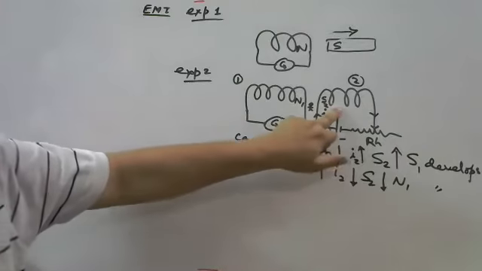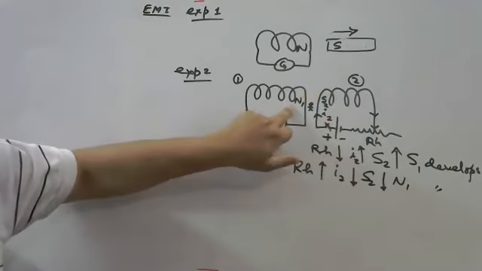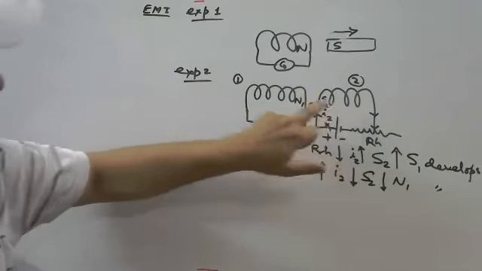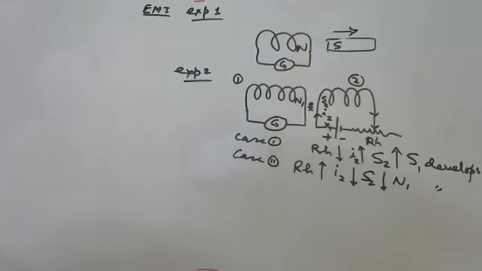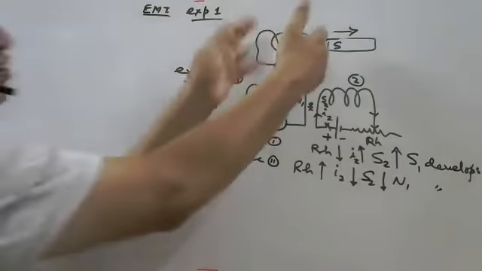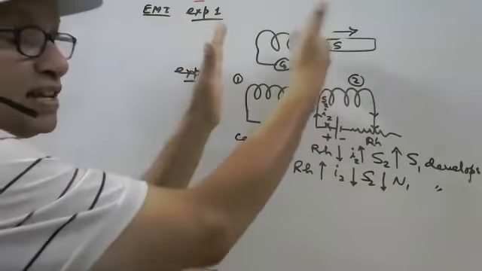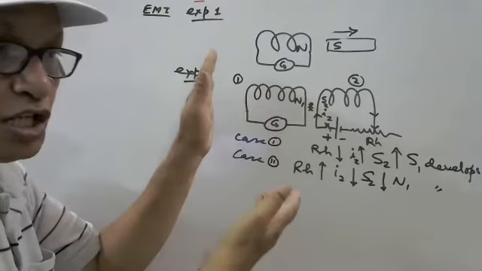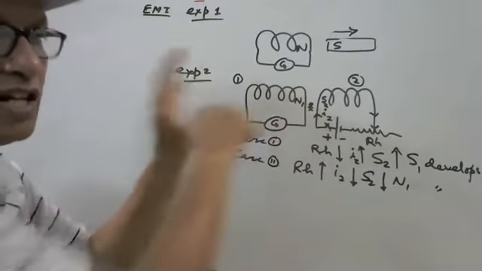If the south pole is becoming stronger, south pole might develop. If south pole becomes weaker, north pole develops. South pole is coming closer, south pole develops. South pole is going away, north pole develops. If south pole is there, south pole develops. So because of this repulsive force, we have to do work. This work done is converted to electrical energy.